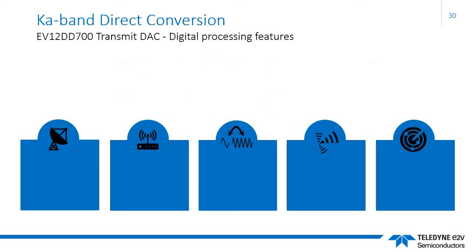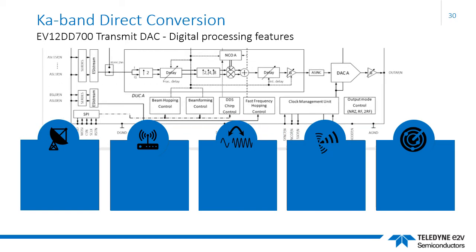There's a lot of digital processing included on chip with the DD700, as this block diagram of one channel indicates. Stepping through the primary digital functions, there are 5 blocks as follows. The DUC, or digital up converter, comprises various delay stages, interpolation stages, gain, and a 32-bit numerically controlled oscillator. A second block is the direct digital synthesis block that allows for local frequency generation, essentially eliminating the need for continuous data streaming from a separate DSP block to the DAC.